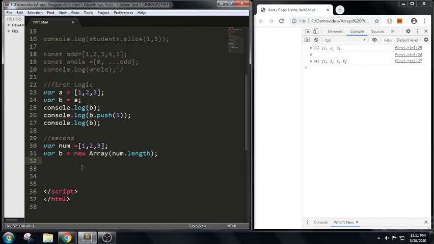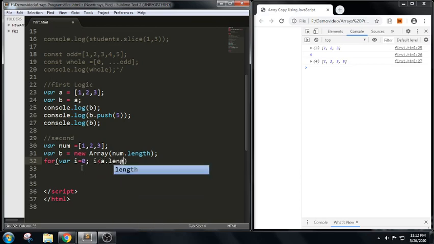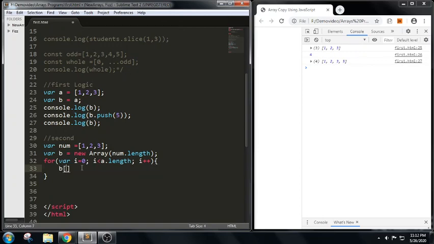a for loop. In order to iterate a list of array elements, we have used a for loop variable. You can also check the tutorial of for loop in our session. We have covered it with most examples. a.length, i++. So in this what I'm trying to do is refer to this value. So here I'm trying to write b[i] equals num[i].